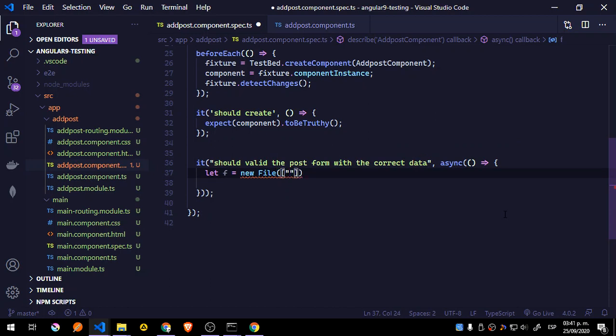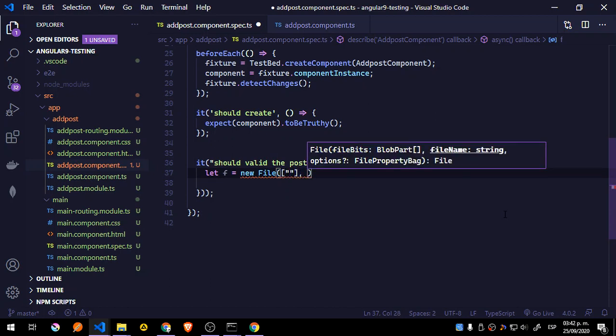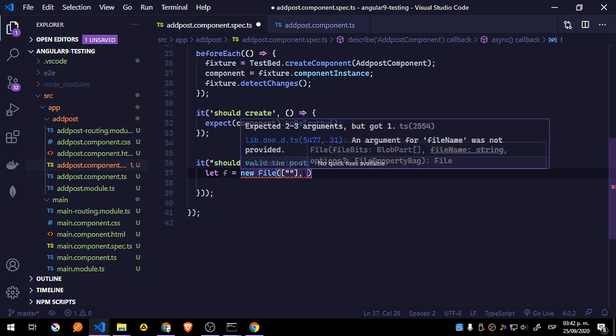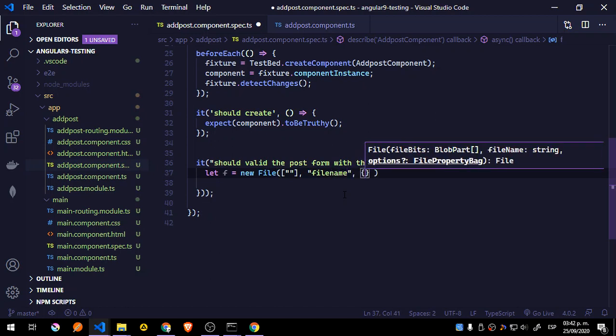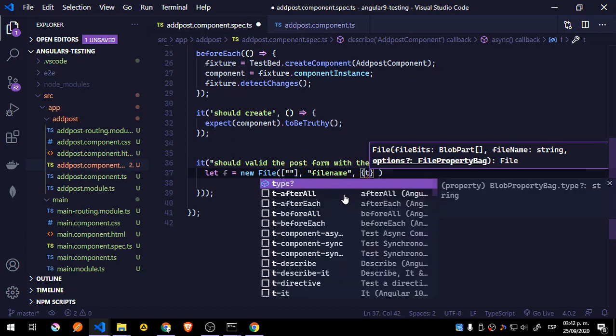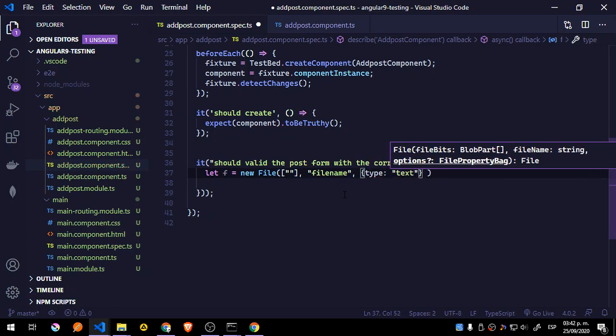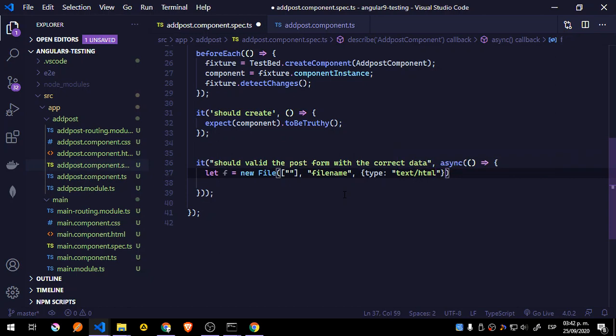Okay, add this. Just add this specific thing. You can see this is the blob part. The name of the file, which is going to be a string, and the options. So the option is going to be the MIME type. Yeah, it works as a HTML, it seems. But let's say file name. And the type, which is going to be text HTML in this case. To make the blob,